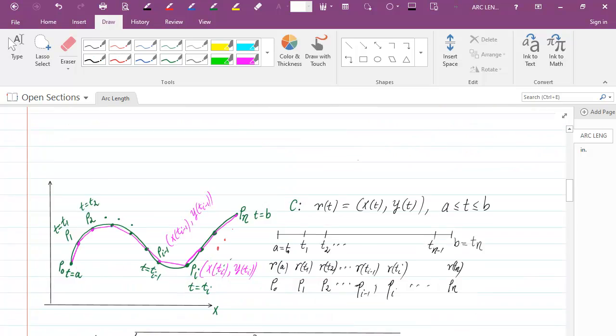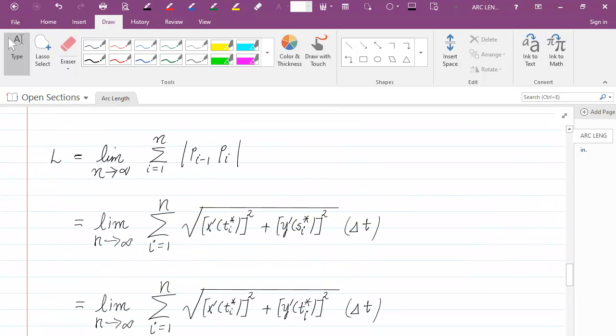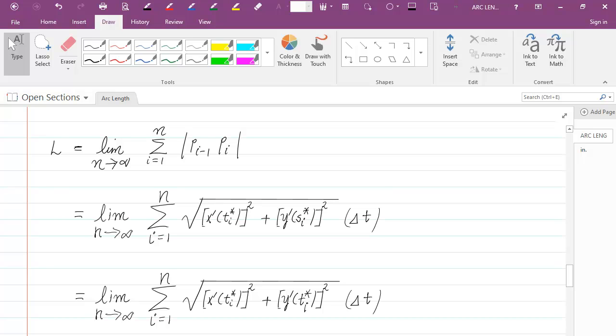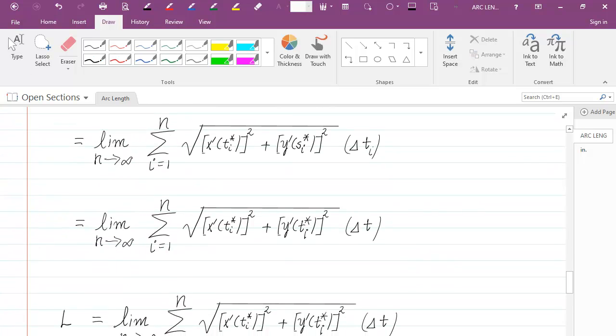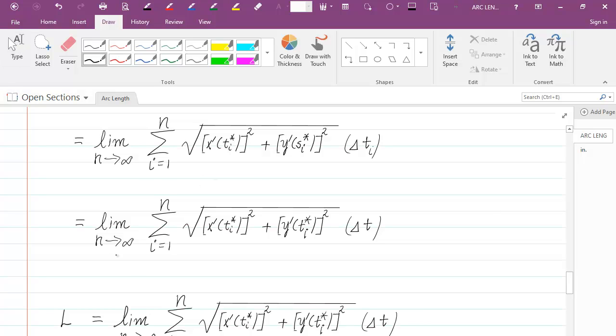The length of the curve would be the limit as n goes to infinity of the sum i going from 1 up to n of the length of the segment from p_{i-1} to p_i. We obtained an expression for that, which is equal to the root of x prime of t_i star squared plus y prime of s_i star squared times delta t_i, and then this limit that we have here is the same as the limit